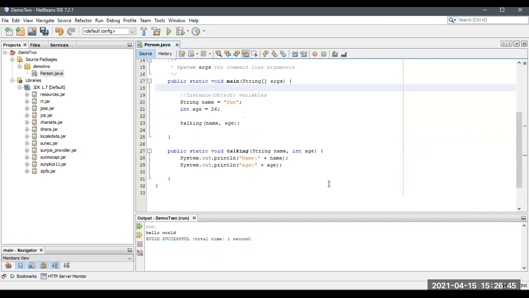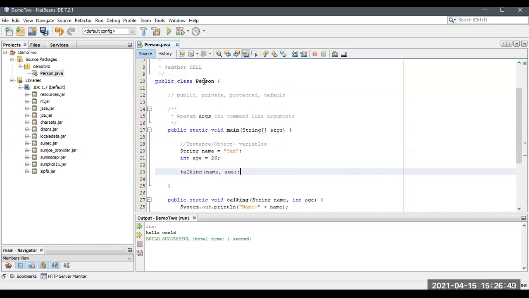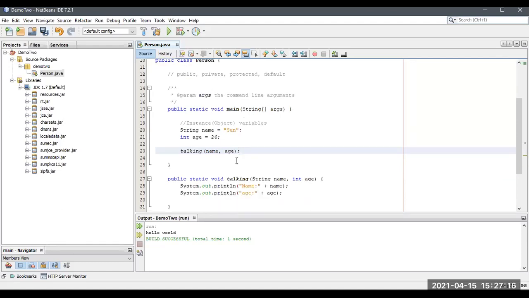Okay, where did I stop? Yeah. So here, the person class consists of two instance variables, and there is a method called talking. What is his action? He can talk, he can walk, he can eat. There are so many actions for the person itself. We are discussing a particular action, where we send two arguments to talking, his name and age.